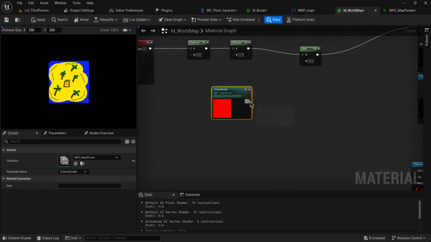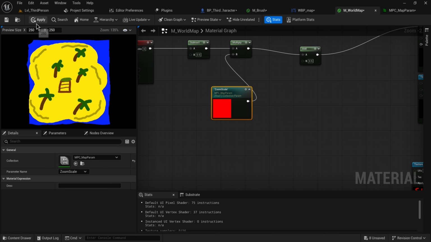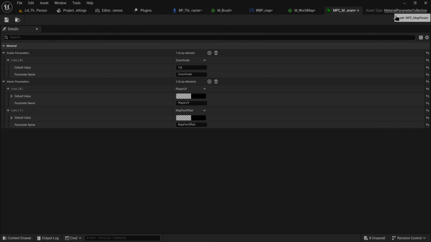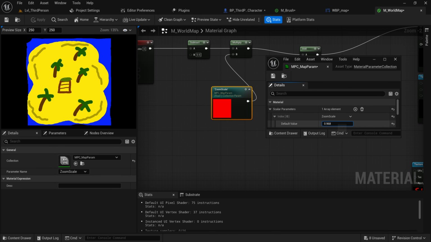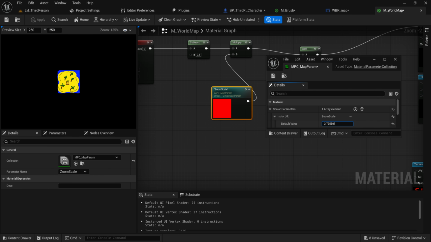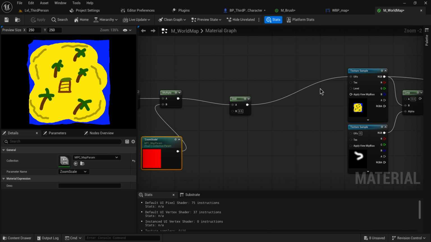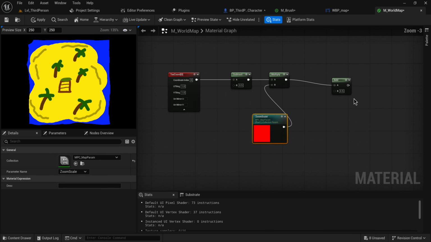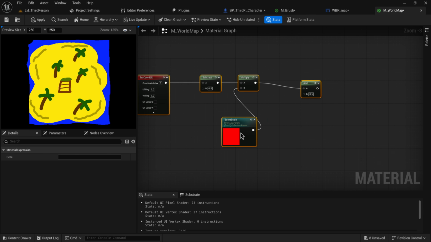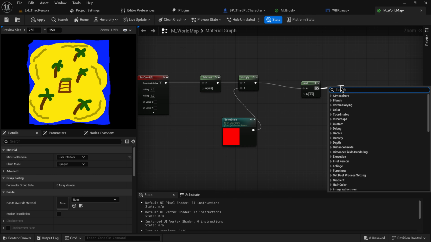So zoom scale, hook that up into here, and there we go. Now, as we increase and decrease the zoom scale, we can actually, in real time, see that we can zoom in and out. Fantastic. Instead of directly putting this into here though, it's usually just kind of nice to keep things organized